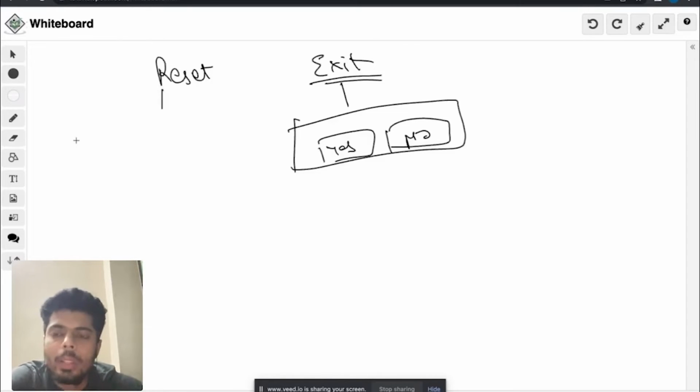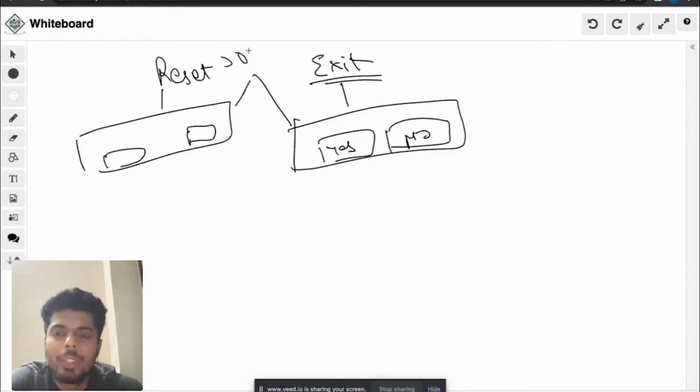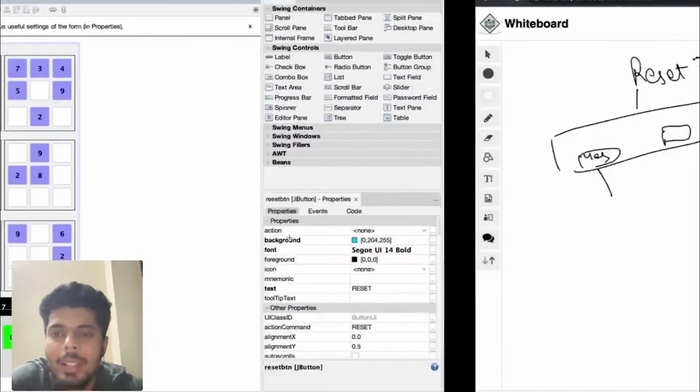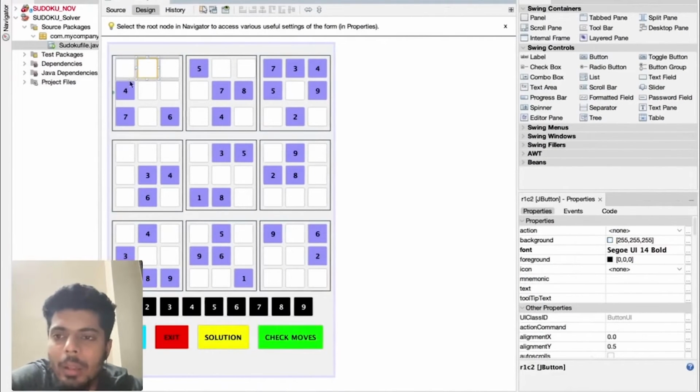Okay. Upon the click of reset button, of course, we will show a warning box. This warning box will be basically done with the help of JOptionPane, similar to what we did in the last video, right? Very similar to that. And upon the click of yes button, what we will do is reset. By reset, what I mean is these grids which are already filled, they'll be left untouched, of course.